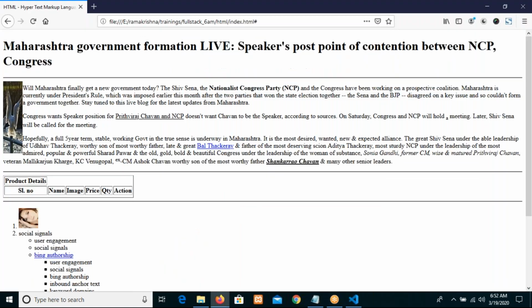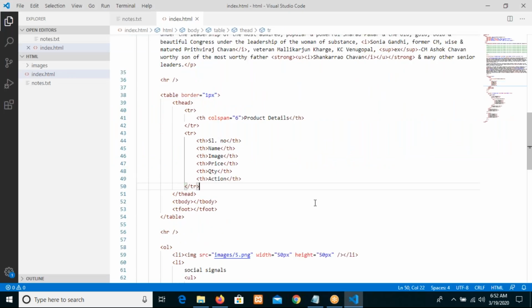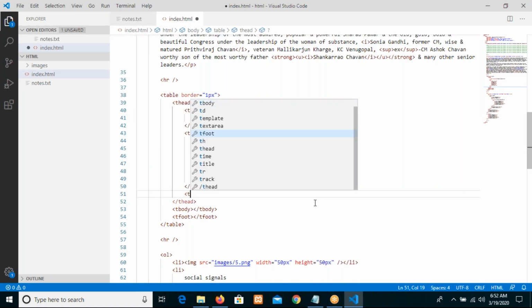Now observe, you made it a single column as 6 columns spreading. Under that, sub columns. And under the action, again, you want to create two more things. So now open the